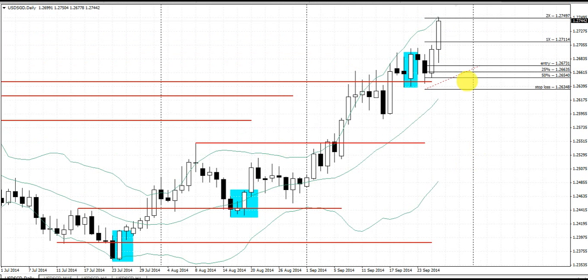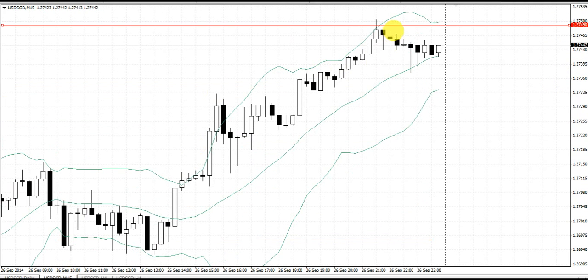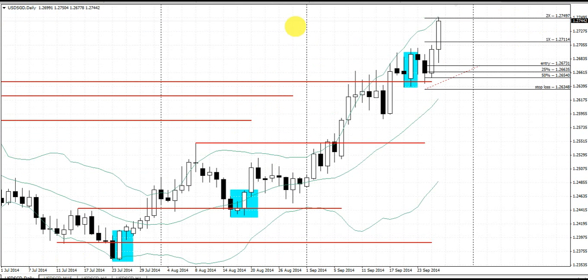Okay, our 2 times profit target was reached, and this preceded the close of the market on Friday by just a couple of hours. Let me zoom into the 15-minute chart here so you can see. I put a line here at the profit target at 1.2749. It looks like the market went just a couple of pips above that. However, looking at the rejection on the 20 EMA on the 15-minute, and also let me zoom out on the daily chart here for you